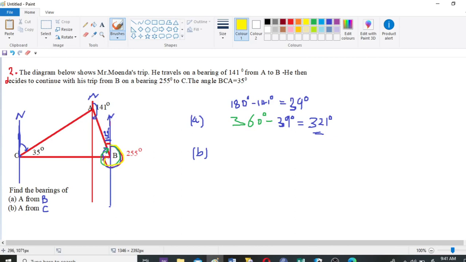It ended on the line stretching from B to C or C to B. And on top here you have found this angle to be 39. So to find this inner angle within a triangle, you are going to say